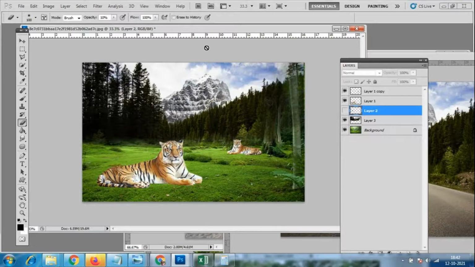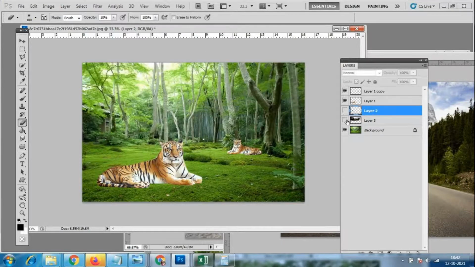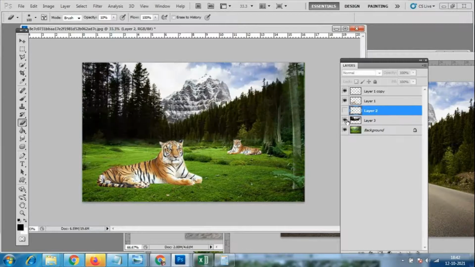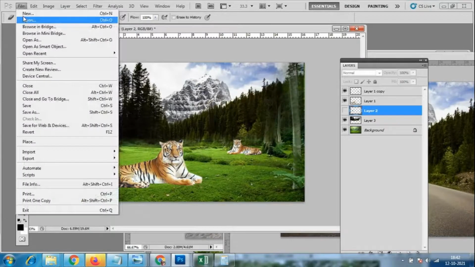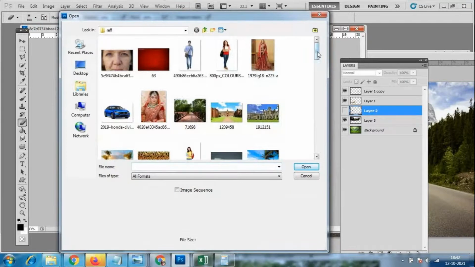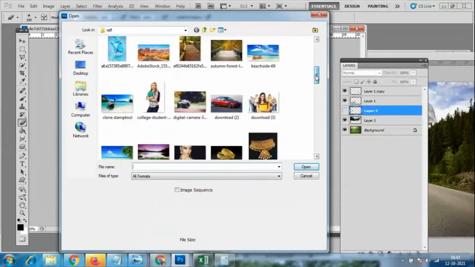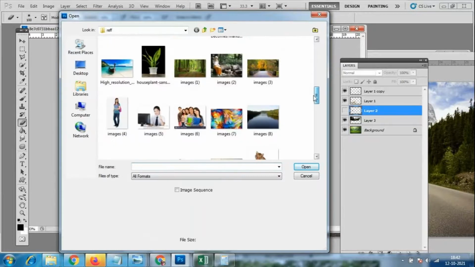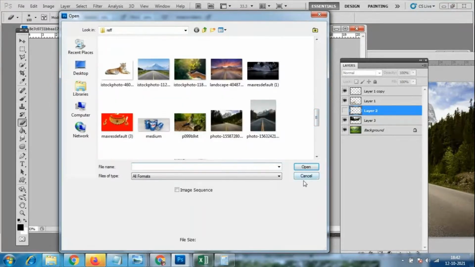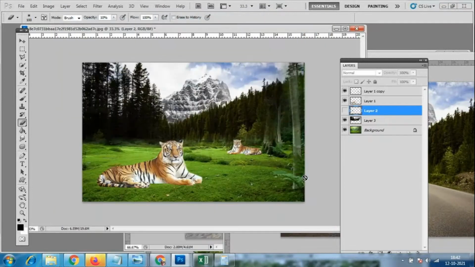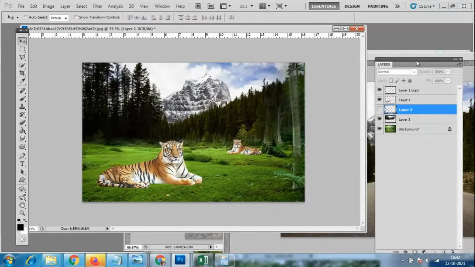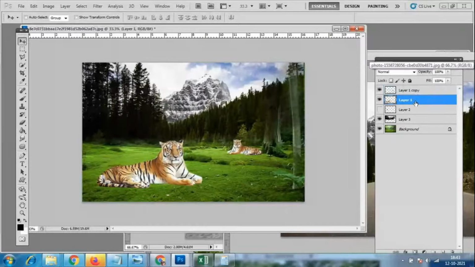Now we don't have this hill area. Before it is like this, now we have added this image. Like that we can bring whatever things we want. We have this palace and other things, we can add it. Like what kind of images you are taking, all depends upon that, we can make the collage work. This is possible with the polygonal lasso tool and magnetic lasso tool. Easily we can cut the background, remove the background, and place a different background. Everything we can make with this tool.